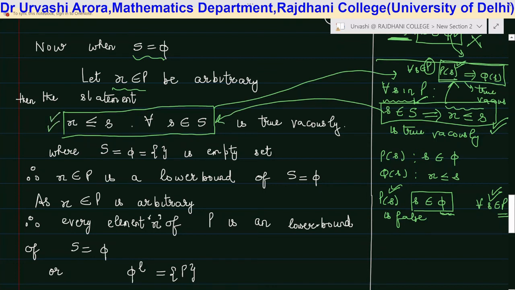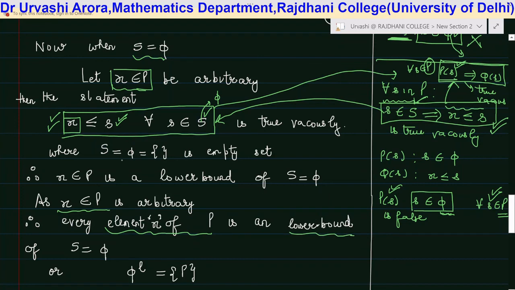And now if you look at this statement, x belonging to P means this x is acting like a lower bound, because it is lesser than all the elements of the empty set capital S, or empty set phi. It is smaller than all the elements of S, so it's a lower bound. But x belonging to P was an arbitrarily chosen element. This means that whatever element x belonging to P you choose, every element x belonging to P will act as